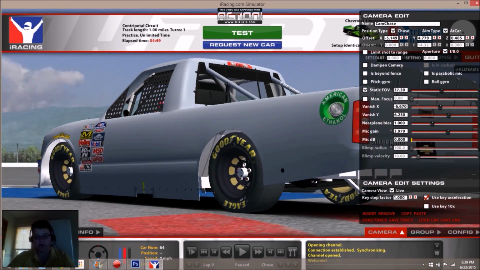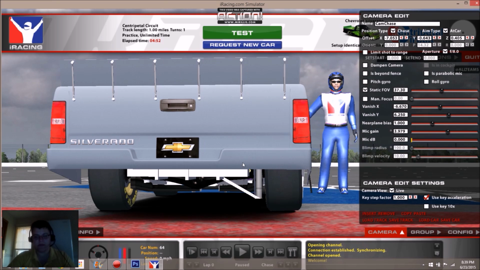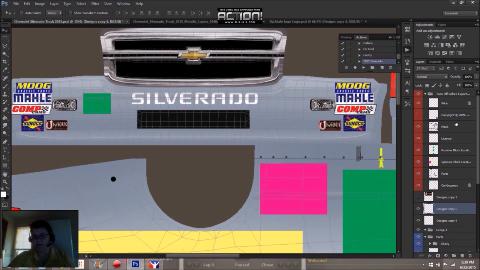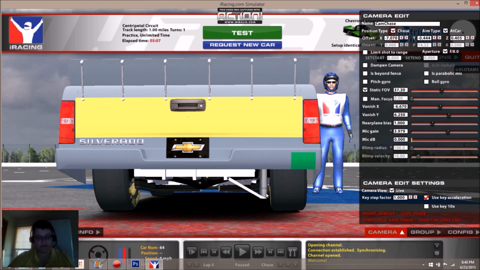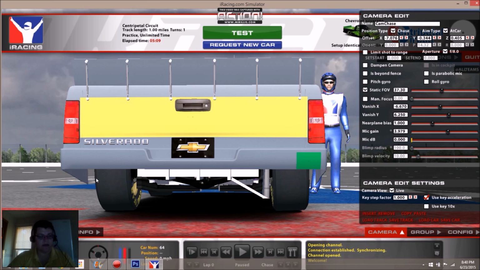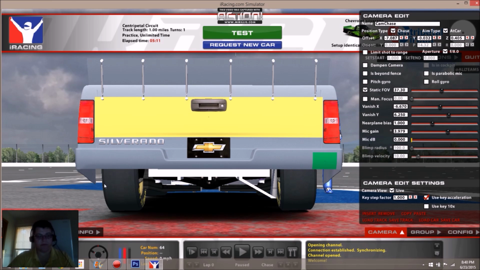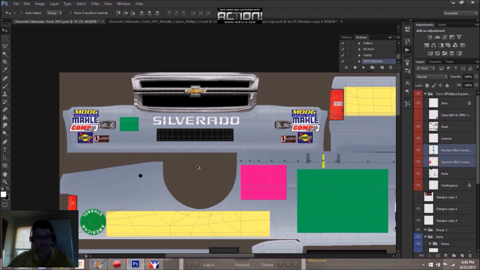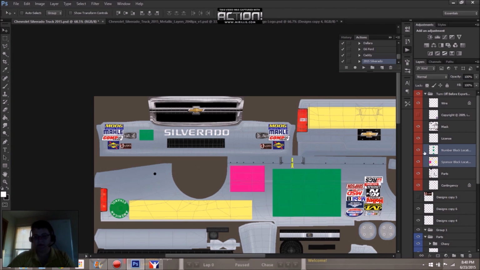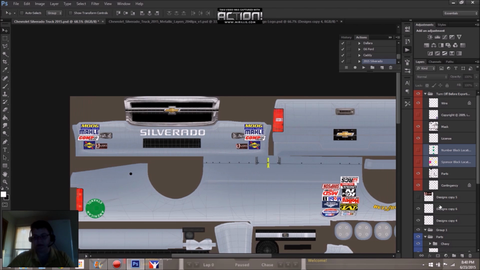Now, I want one on the back of the truck. Now here's where things get a little bit tricky. I'm going to move these layers, the number and the sponsor, out, and then resave and refresh, because I want to know where the number's at on the back of this truck. Okay, so here it is. I'm going to put my decal over on this side of the bumper. It's a nice unused spot. I don't need to worry about it. So I can move those layers back up where they go, and I'll turn them off because they're not really needed.